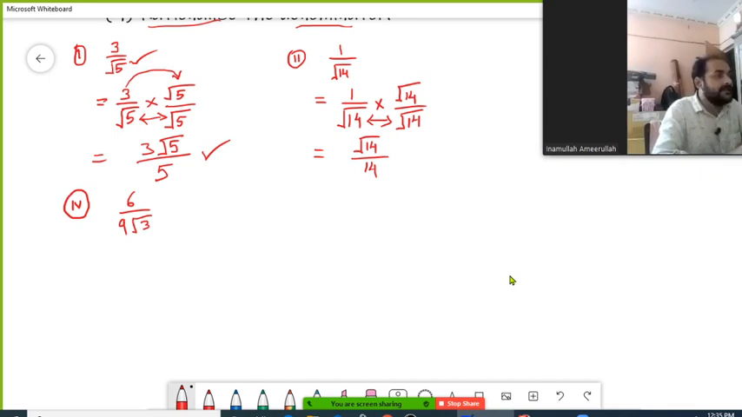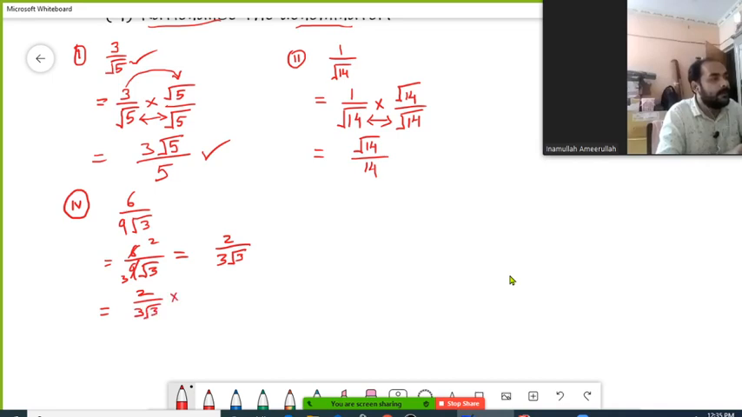So this 6 upon 9 root 3, I'll write this as the given fraction. Now 3 2s are 6, 3 3s are 9. So I can simplify this fraction as 2 upon 3 root 3, like this. Now I'll take this fraction 2 upon 3 root 3